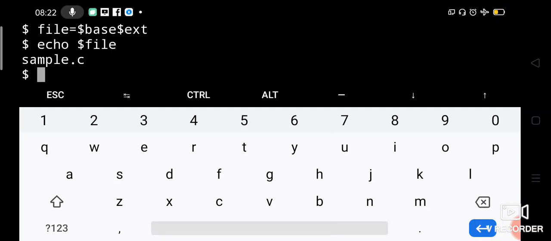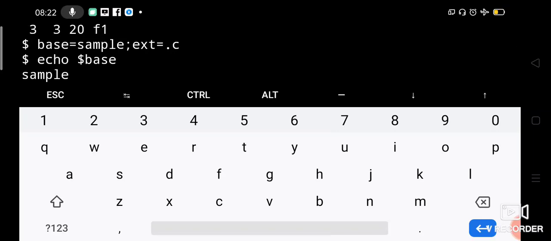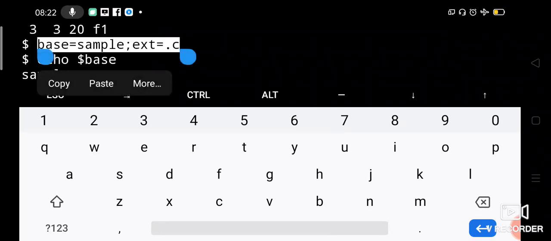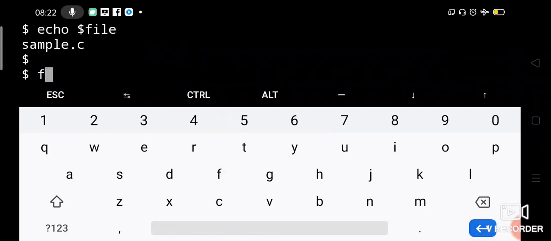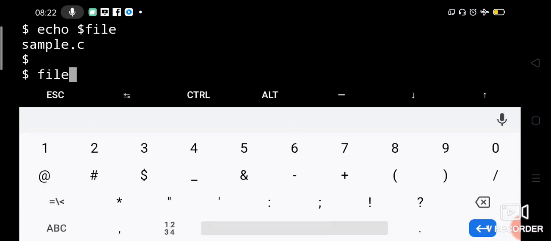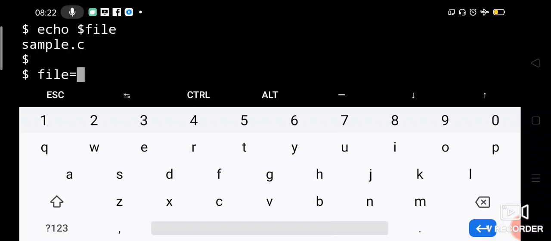Next let us say, so already we have base as sample, right? What is the base value? Here we have stored base equal to sample. Let us check file equal to $base.